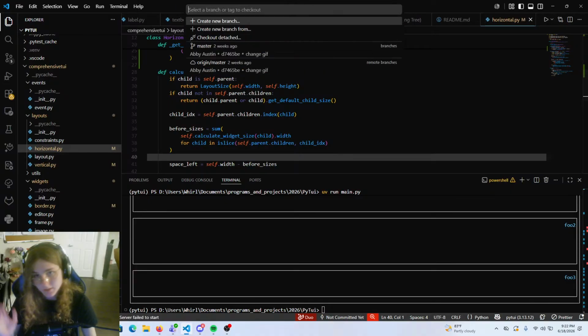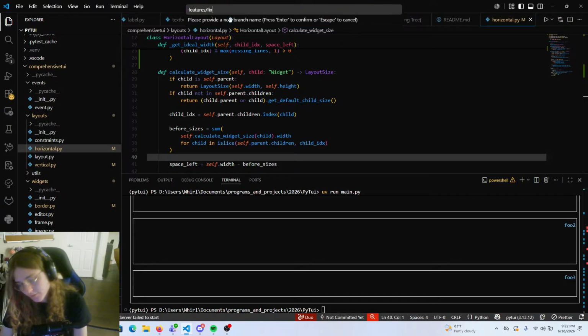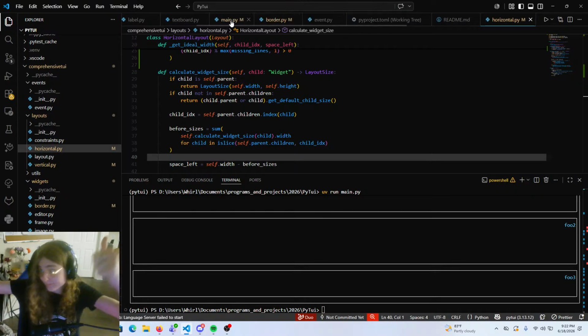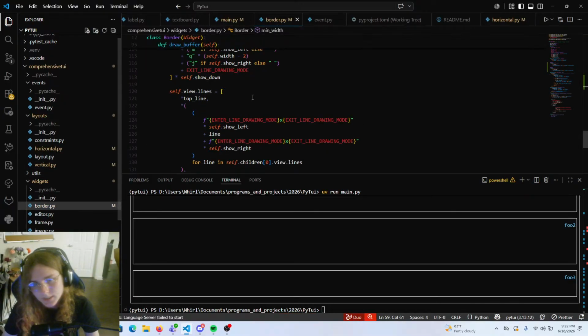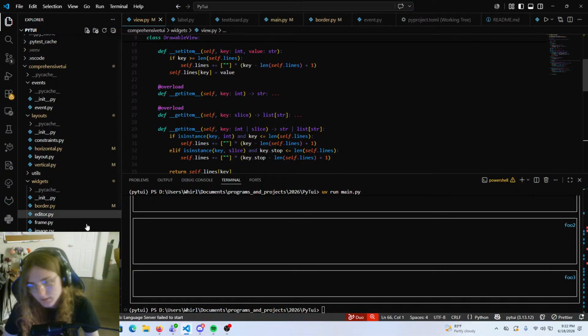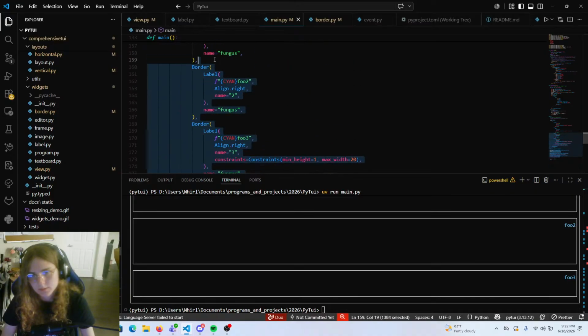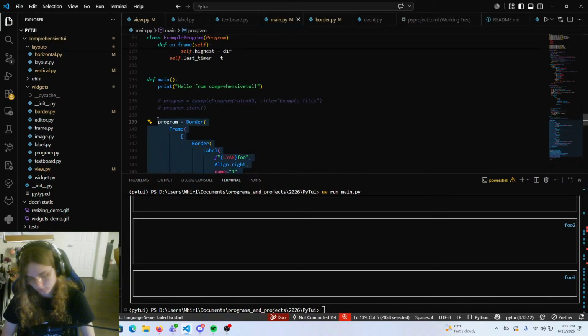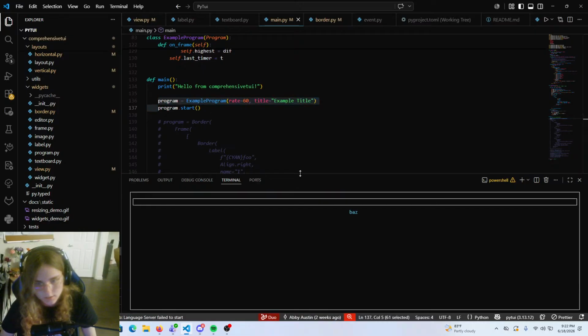I realized I never made the new branch. Features slash fix layouts. Okay. Now we are going to comment all this out and uncomment this and